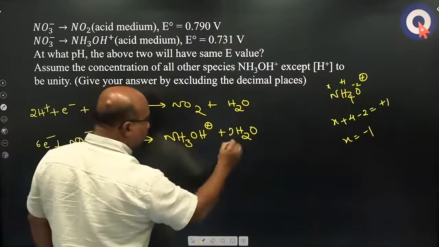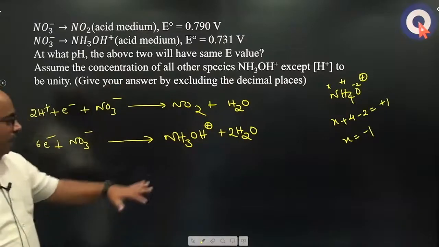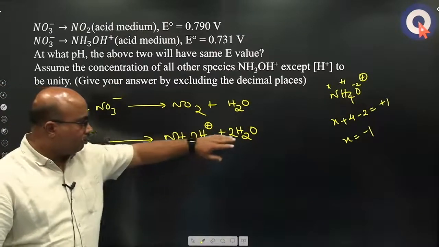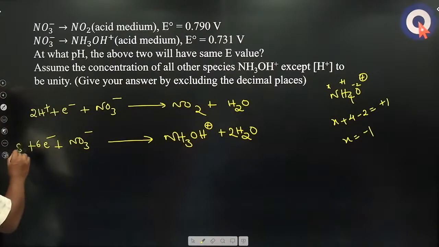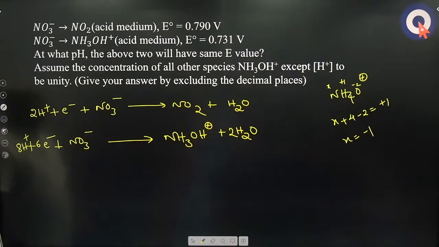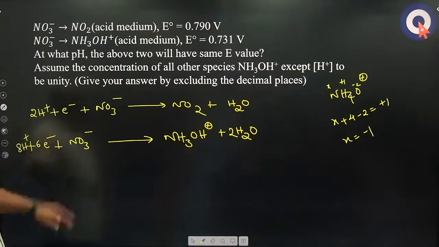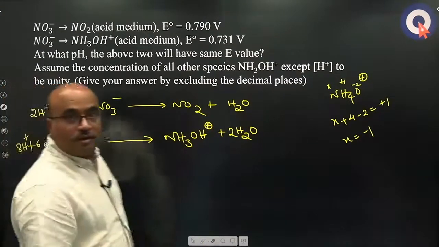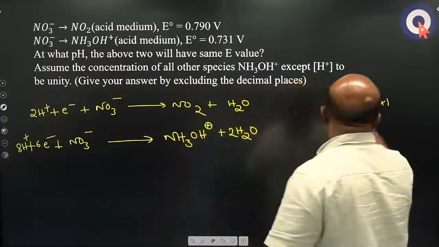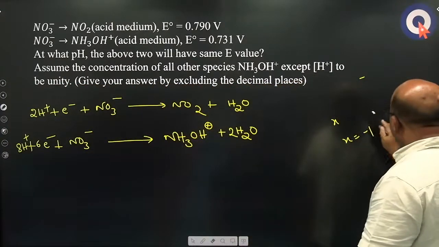So that is 2 times. So total hydrogens here 4 plus 4, 8. That will be 8H plus here. So these are the individual cell reactions when we balance it. Done. Now what we need to predict here is,